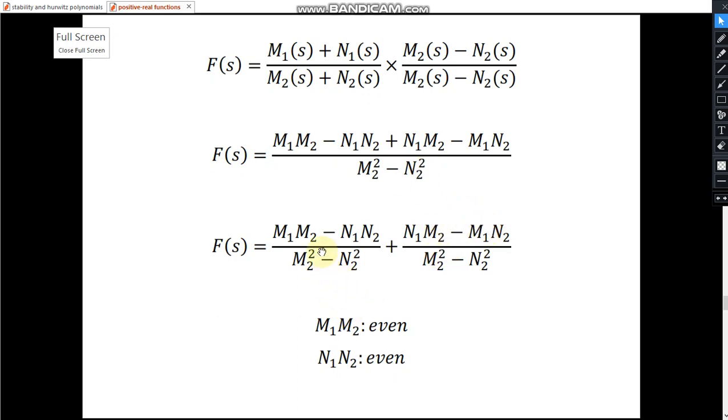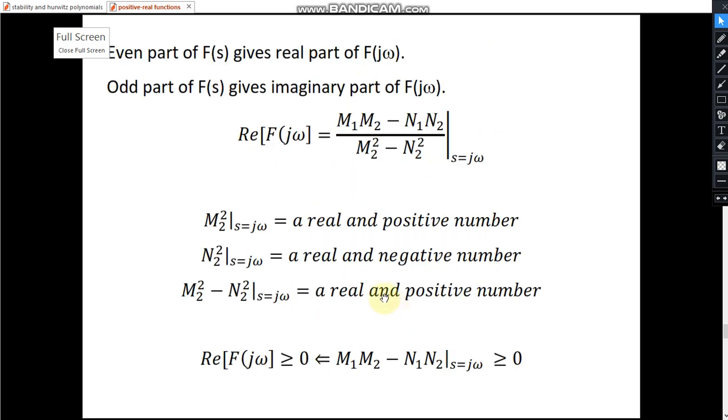And what is this denominator? In this denominator we have m2 square minus n2 square. Both of them are even polynomials. Even square is an even polynomial, odd square is again an even polynomial, and even minus even is an even polynomial. Moreover, if I substitute